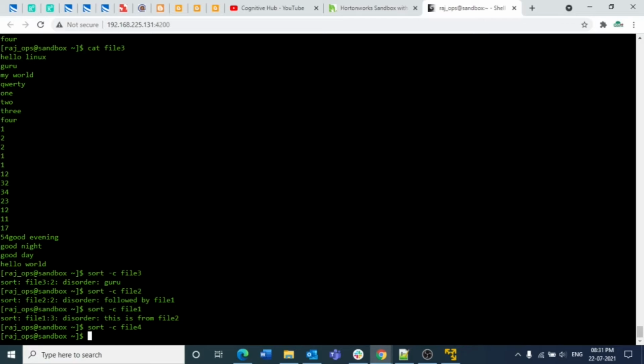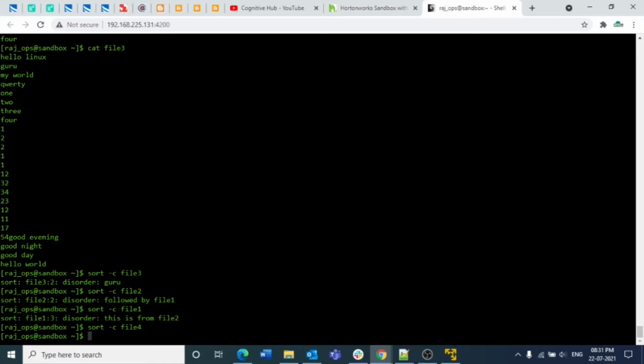If the file is in sorted order, it won't show any warning or error messages. But if the file is disordered, then it will show that the file is disordered at this particular line. So that is the advantage of the sort -c option.